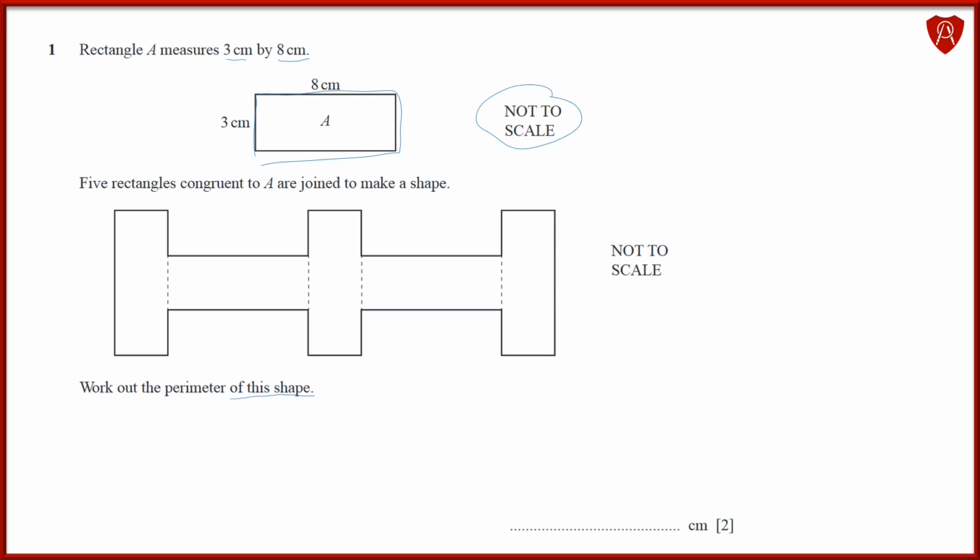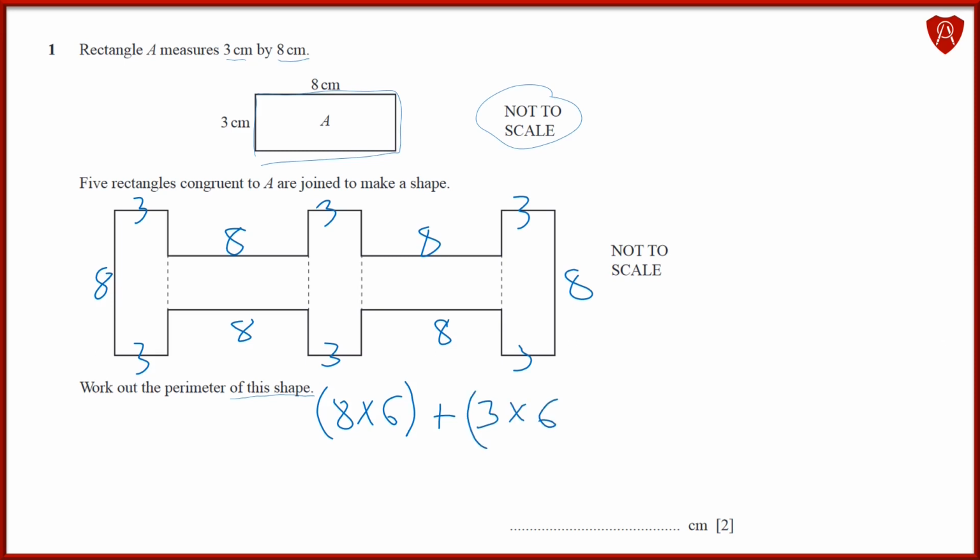So we can identify the 8 centimeter sides: 8 centimeters here, 8 centimeters, 8, 8. There are 6 lengths which we are sure are 8 centimeters. So we can write here 8 times 6. Then it's the shorter sides of 3 centimeters. We have this, that, 3, 4, 5, 6. So we add 3 times 6